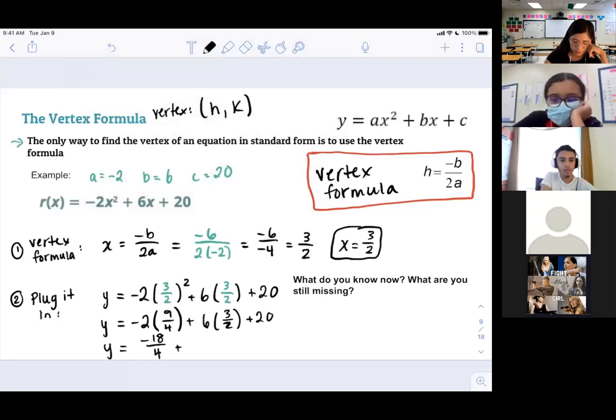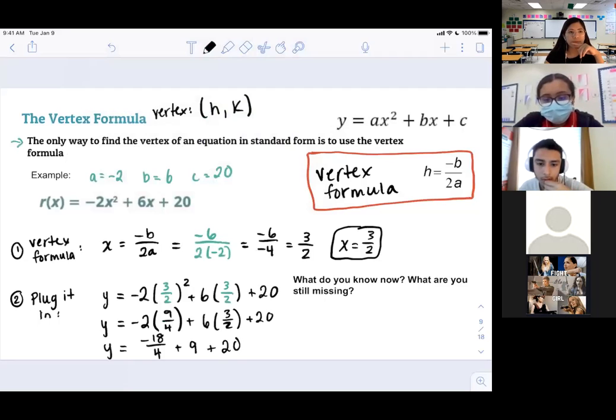Good, 18 over 2. Can we simplify that? Nine, good. Plus 20. Okay, now I can add. So this is